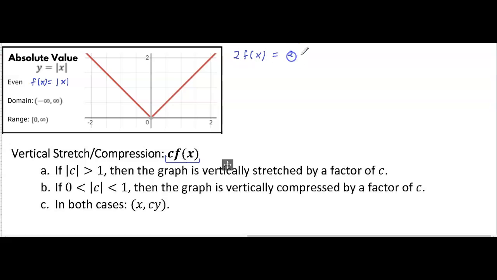So this will be 2 times our function, which is absolute value of x. We picked a c that was greater than 1, so we're doing case A here. So it should be a vertical stretch by a factor of 2. And it says in both cases that this is what should happen to our points. So again, picking some of these main points here,